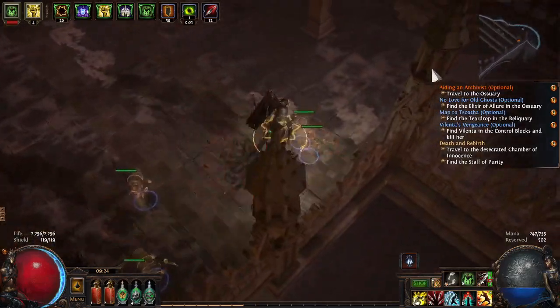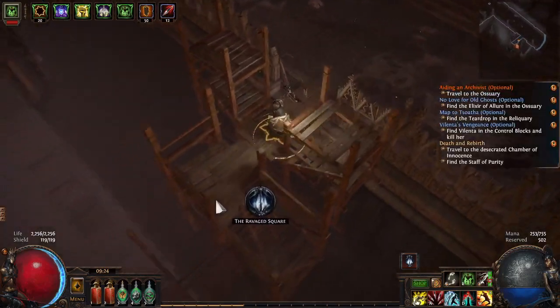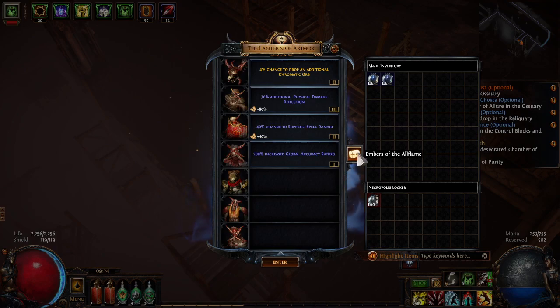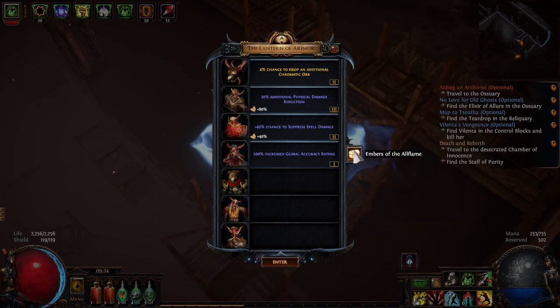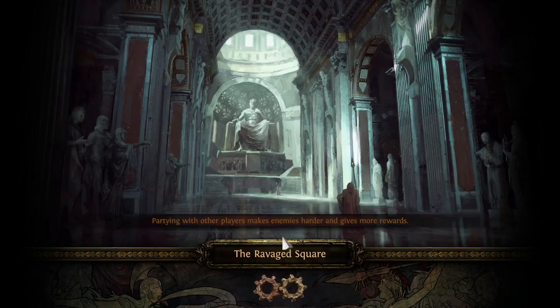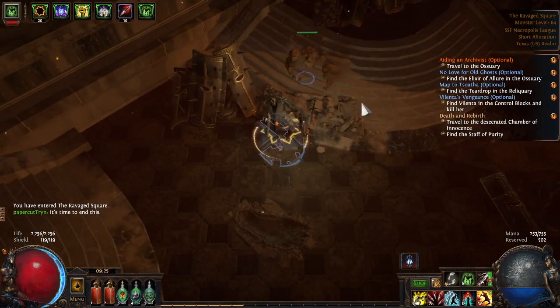I want to say the entrance to Kitava Square is always on the right side of this bend, so... The Ravage Square, sorry. And we're not going to replace any of these friends because I want to talk about them. There's some interesting enemies in this area. So, I used to just beeline...